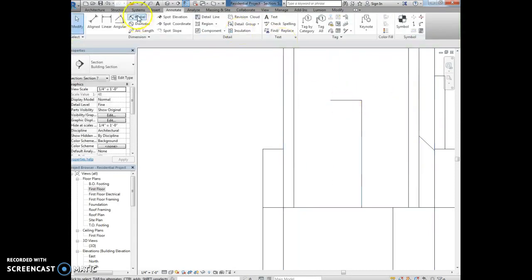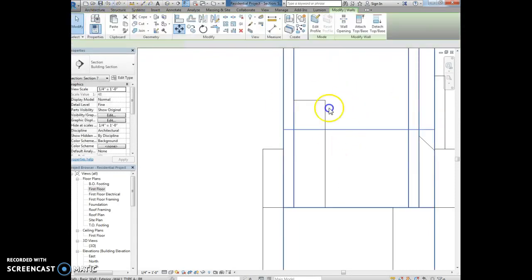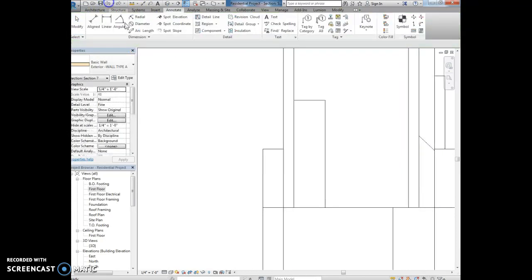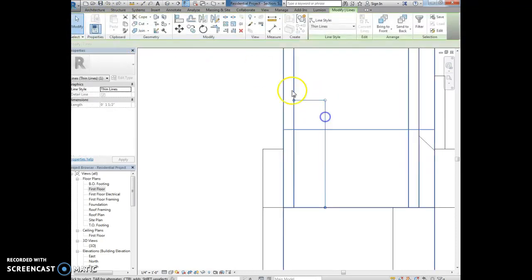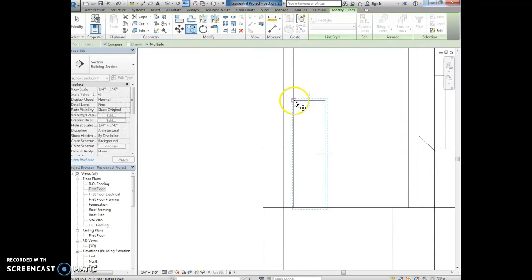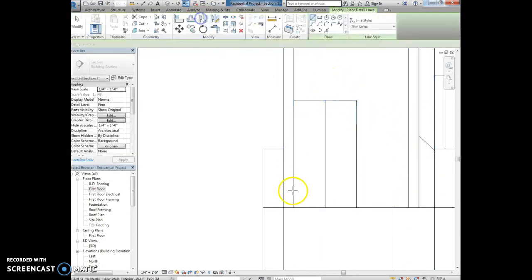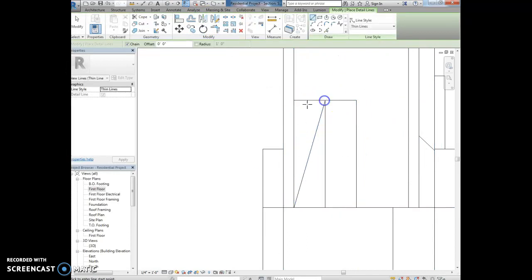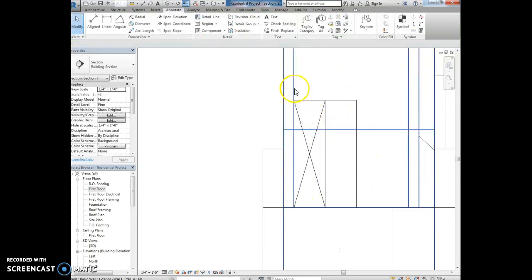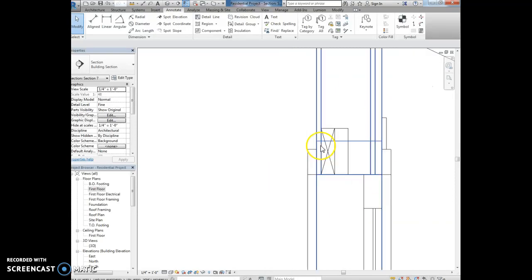Oops, sorry, I didn't select the right endpoint. Rushing. Oops, and now I really messed it up. Okay, so you get the point. We'll just copy. I select the right endpoint, and then keep copying those over, and then go ahead and put the X's in there to represent the header. So it goes all the way across the stud. So the stud starts here and it ends here,